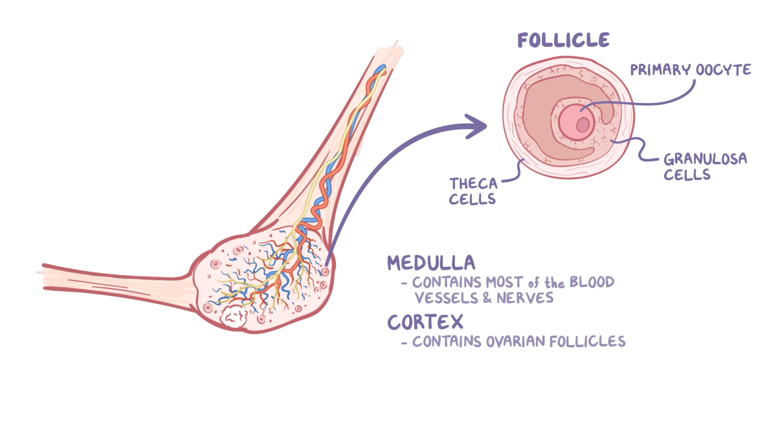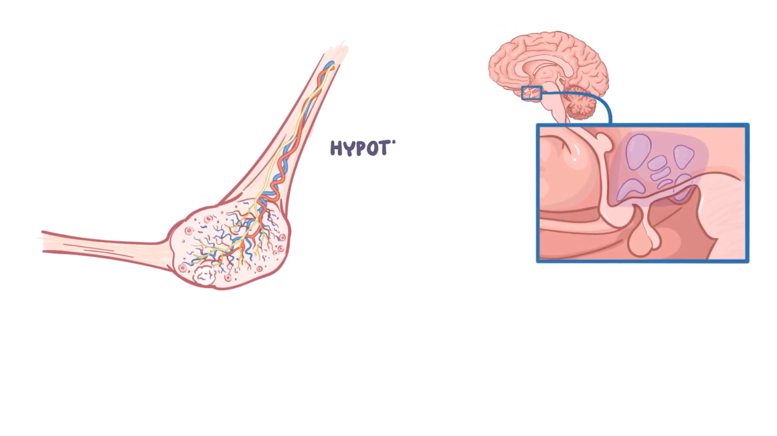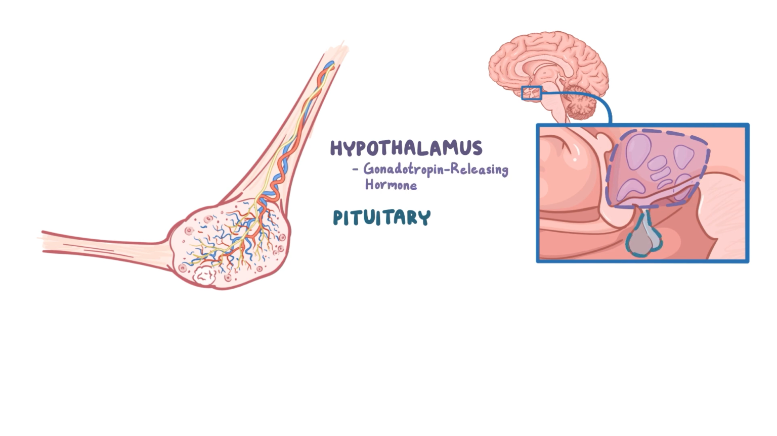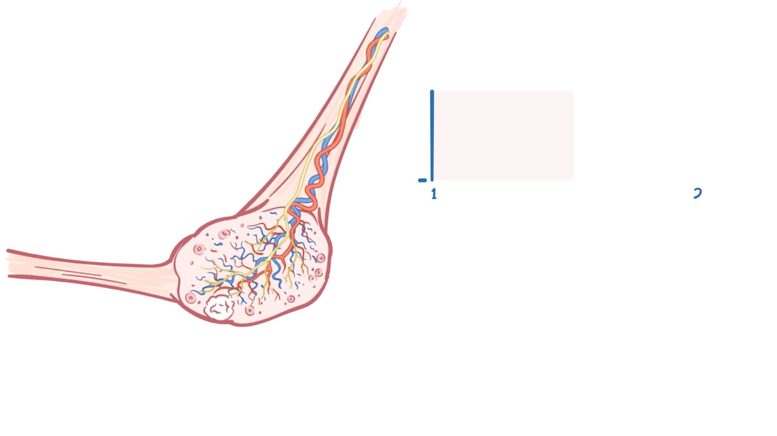Now, there's actually loads going on with the ovaries throughout the menstrual cycle, which is controlled by the hypothalamus and the pituitary up in the brain. The hypothalamus secretes gonadotropin-releasing hormone, or GnRH, which makes the nearby anterior pituitary gland release follicle-stimulating hormone, or FSH, and luteinizing hormone, or LH. In the first 2 weeks of an average 28-day cycle, the ovaries go through the follicular